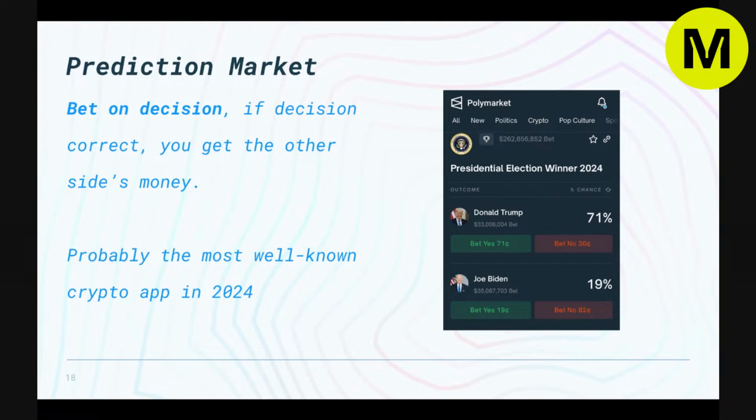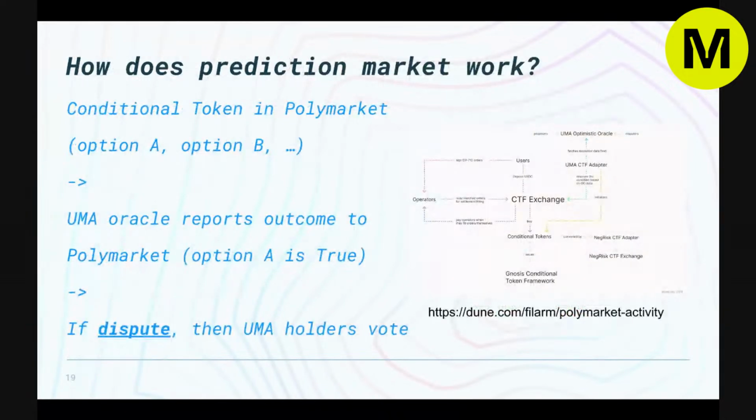And we have seen that a lot of the AI applications are more about persuading the AI to do something, and also letting AI be a judge on chain. This can be combined very well with applications like prediction markets. Prediction market is about betting on a decision, and if the decision is correct, you get the money. So this decision process is actually very close to how a system can judge the correct output, the correct condition.